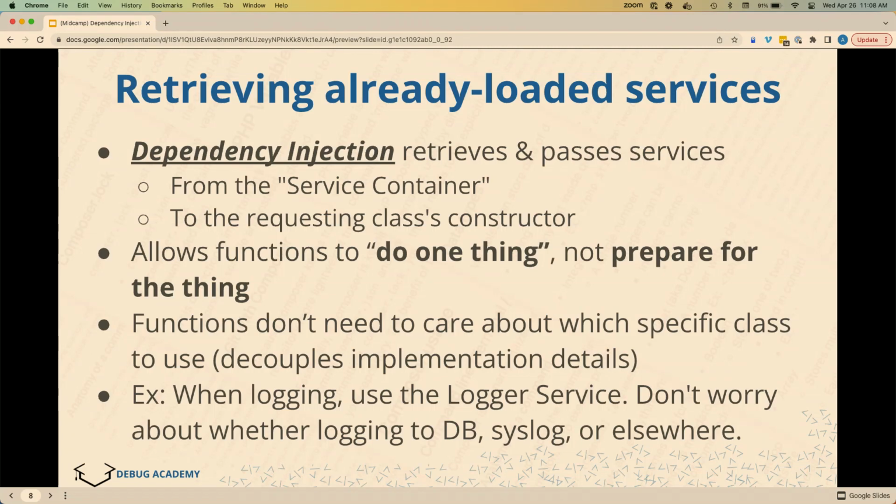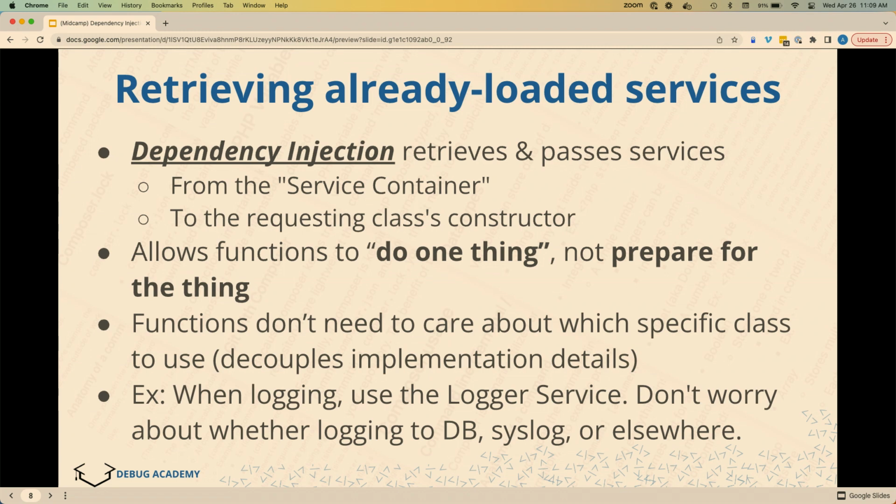So by doing that, Symfony will basically say, okay, I'm instantiating this custom service you created. It relies on the logger service, so let me go to the service container, let me get that object, and let me pass it as an argument to your custom service's constructor. So that's really how dependency injection works.